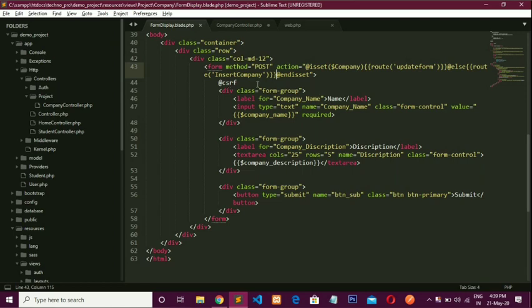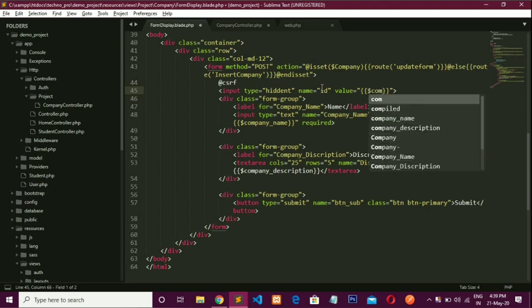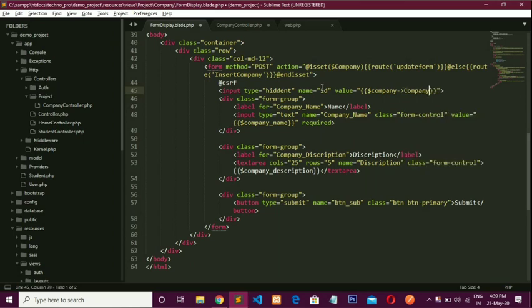So here I am taking one hidden input, input type hidden, and name is ID, and value is dollar company company ID. Because if I pass this ID to the controller, then the controller is able to update the data. Okay, so I need to pass the ID.